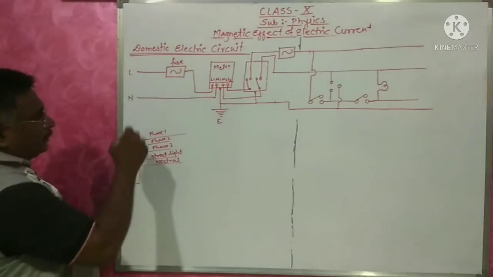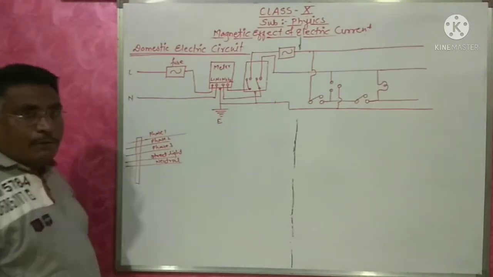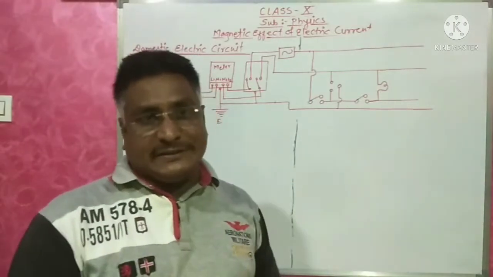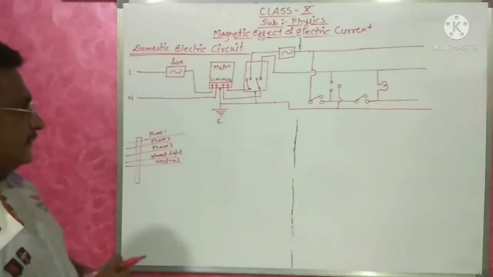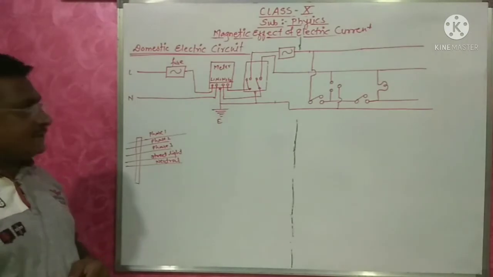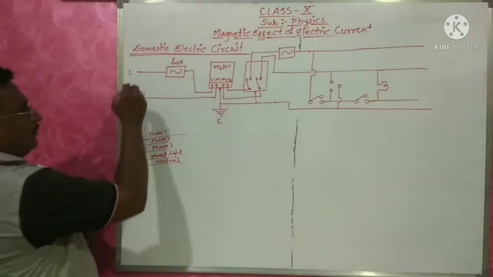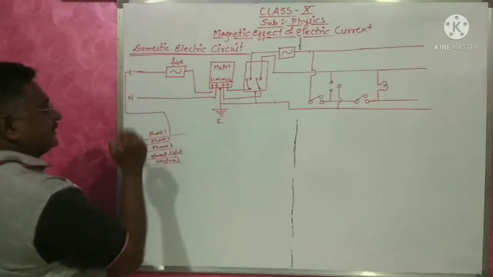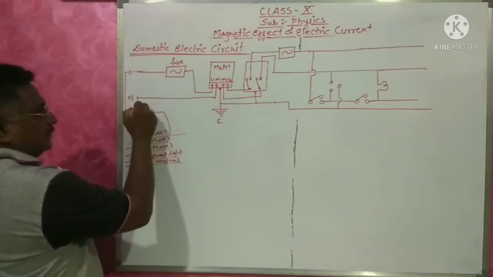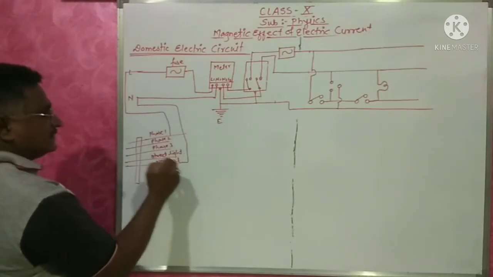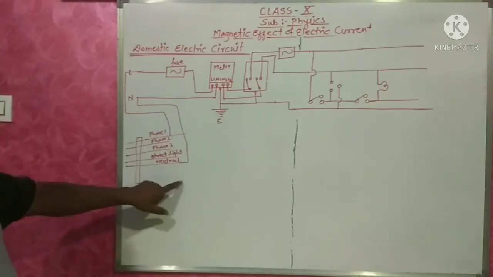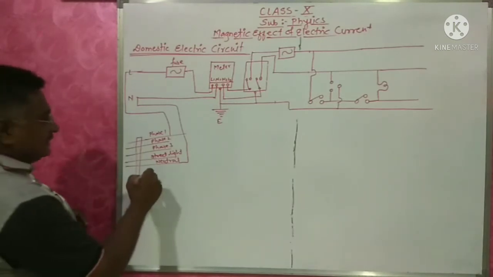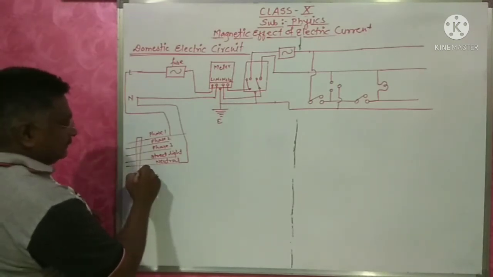Earthing. So from the pole, one black color cable is coming into our home near the meter, if you see. In that, what is there? 3 wires are there. Which 3 wires? One is the phase, connected here, second is the neutral, connected here, and the third one is the earthing.